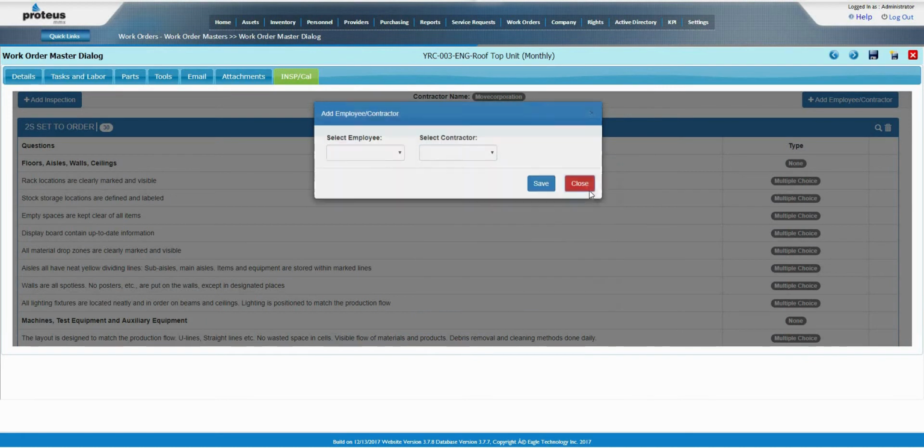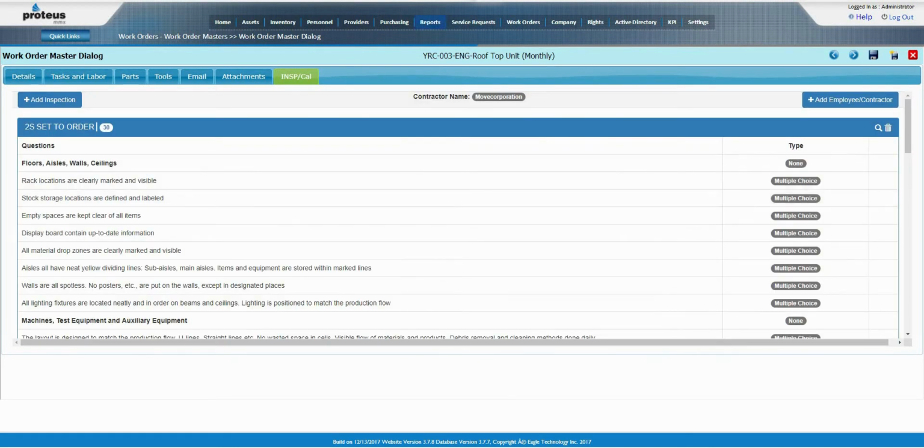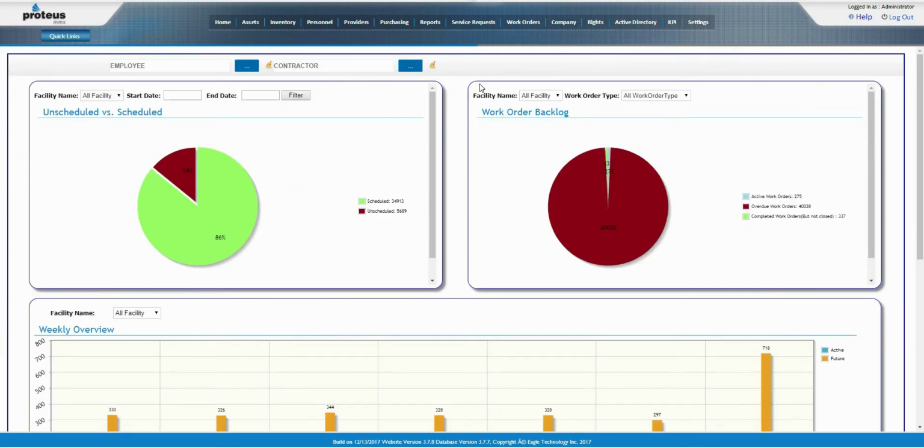To activate a Work Order Master through the Scheduler service or manually: when the Work Order Master is activated, the details from the Inspection tab will transfer to the Work Order and the Inspections tab will be read-only. To view this, you will: